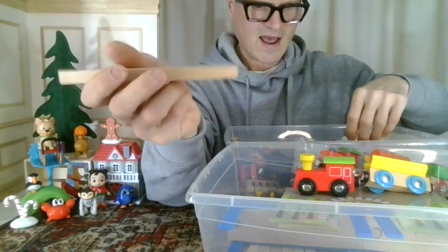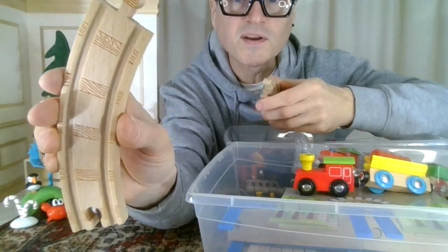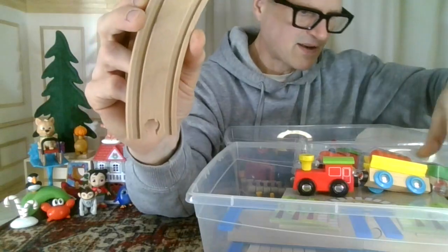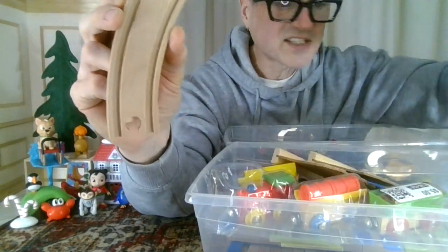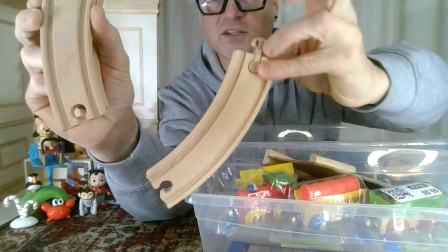But I think we're gonna mix and match. Am I gonna go with the print? I don't like the print on this one, and I don't like the plastic on this one, so that means I don't have my definitive favorite tracks. Actually, that's not true. Okay, so I think I have remembered that the ones with the plastic are from the